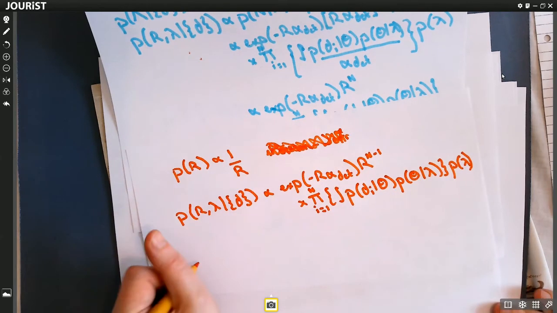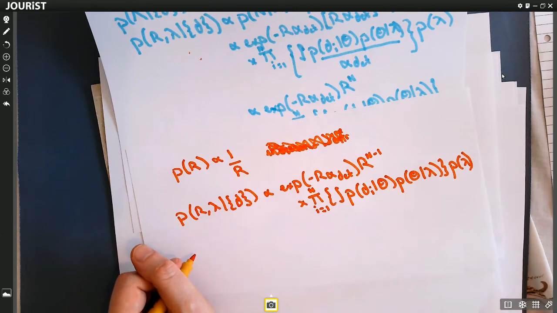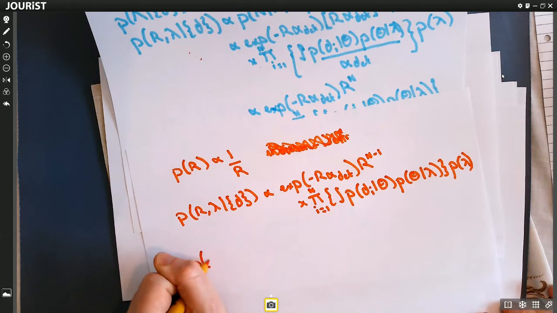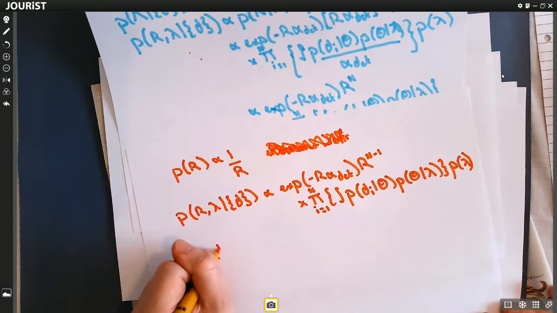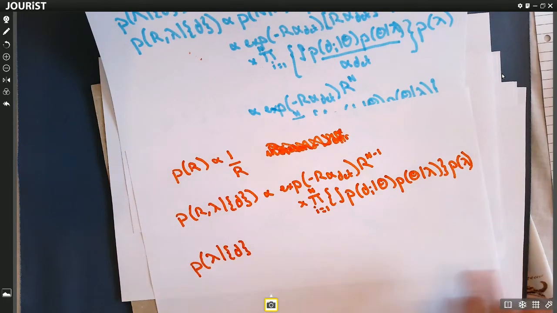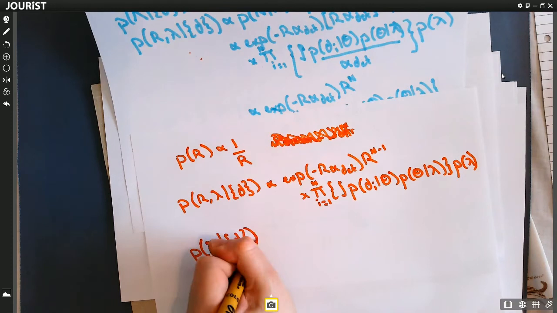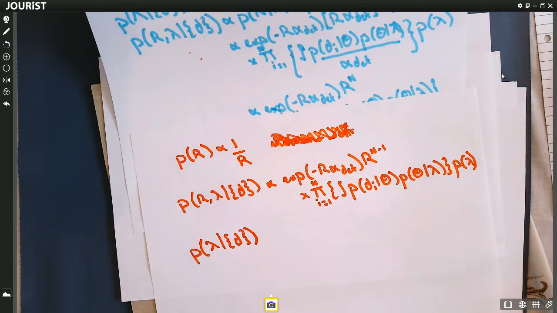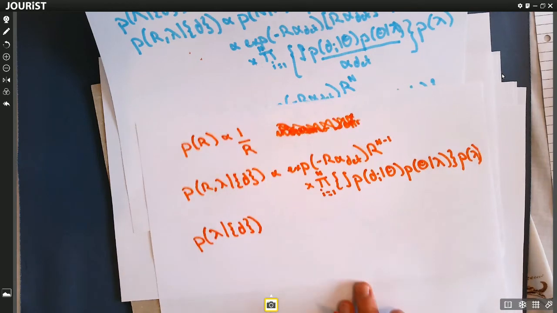We can now integrate out our dependence on the rate, if we just care about our shape parameters and not the overall rate, which is not always the case. If you remember when we were speaking about the predictions for different channels, we did say that different channels produce different rates, and so there is information from the rates that is important and informative. So we don't always want to do this, but sometimes we do. Sometimes it makes life easier. So I want to show you how to do it.